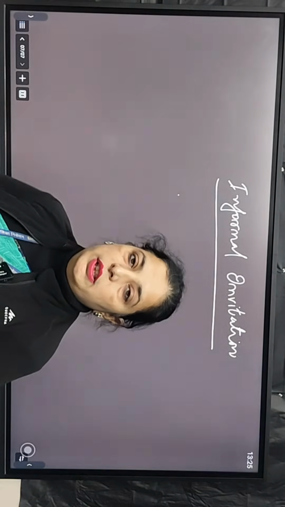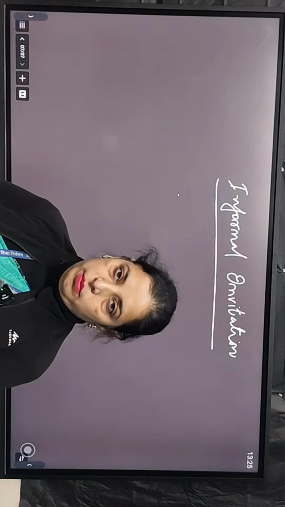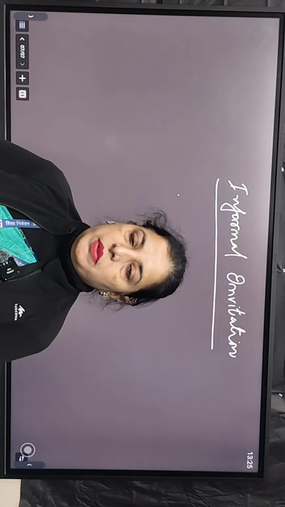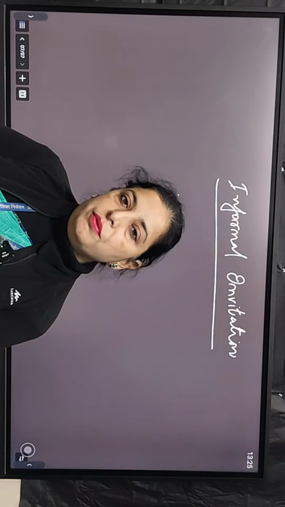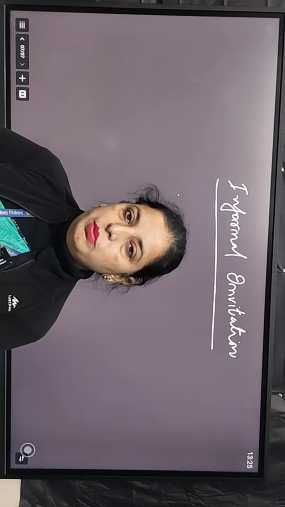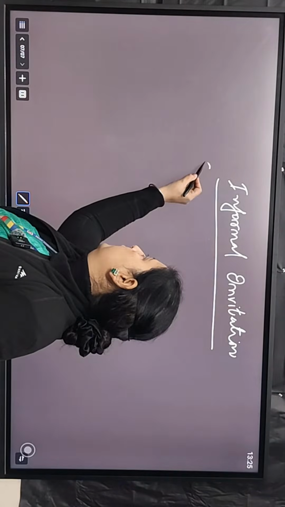Write informal invitation in letter form. लेटर फॉर्म में आप इसको लिखेंगे. आप किसी को भी, अपने रिलेटिव को, फ्रेंड को इनवाइट कर रहे हैं तो एक लेटर फॉर्म में आप उसको लिखें. Like we have sender's address here,